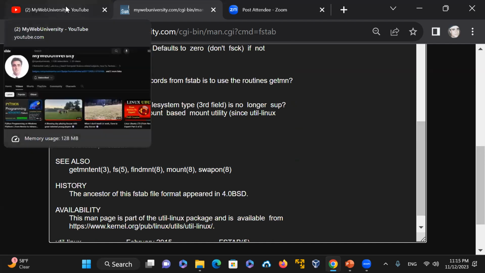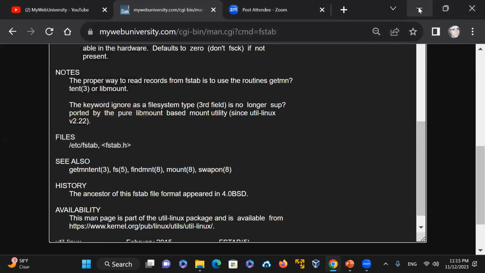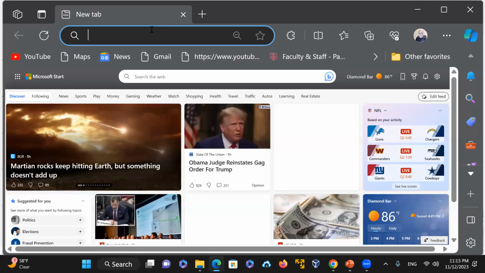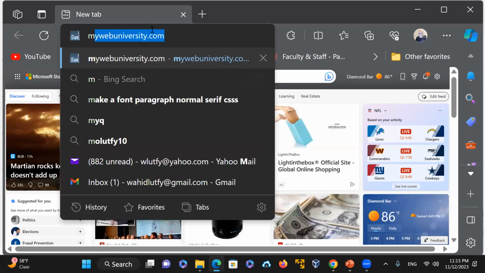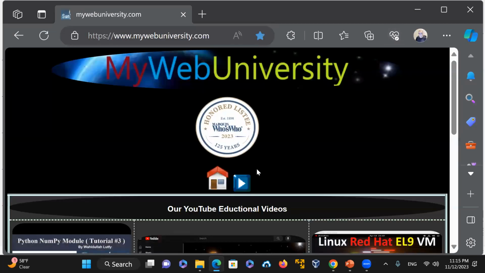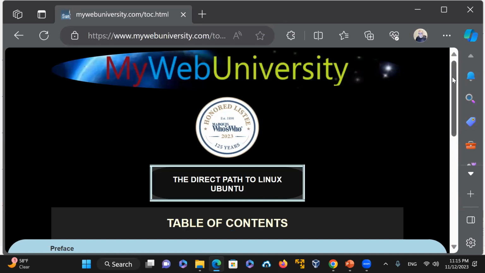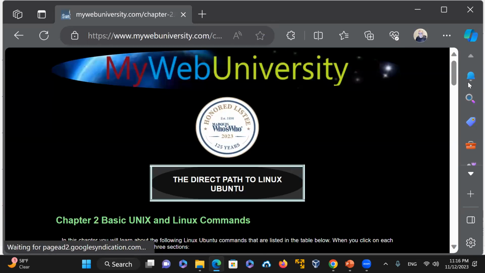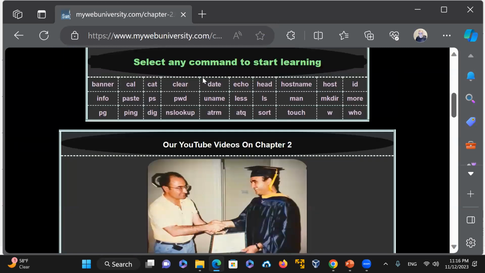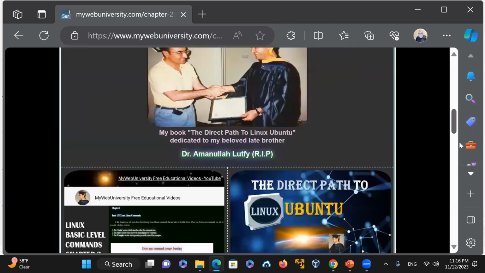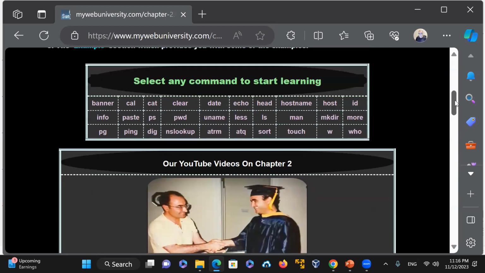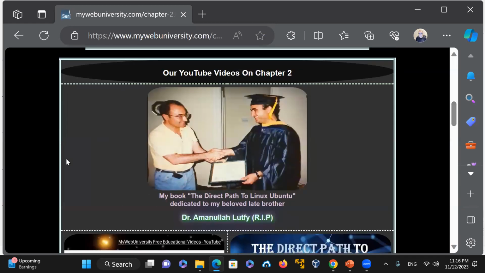But in terms of the Python itself, since I showed you those ones, I'm going to also show you one other piece of information here at MyWebUniversity. When you go here, and then you go here, I could go to chapter 2, for example, the basics of Linux. I have these 33 commands, and then I dedicated this entire book